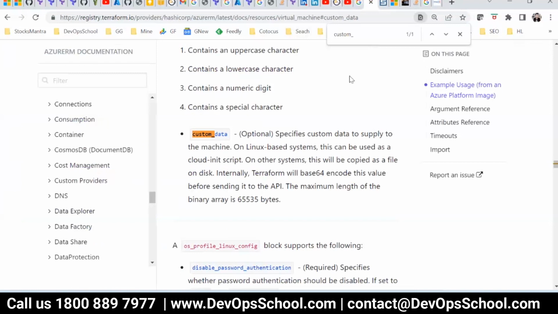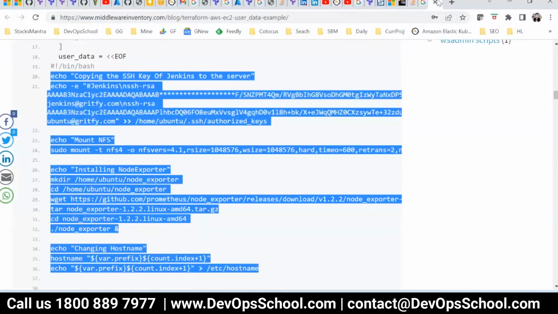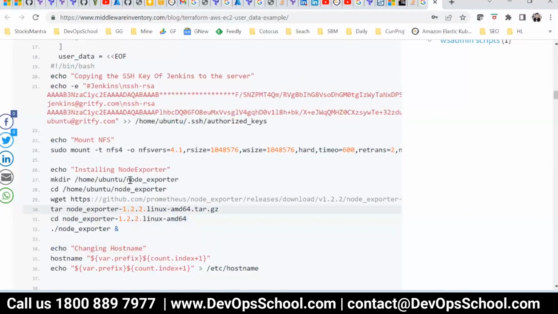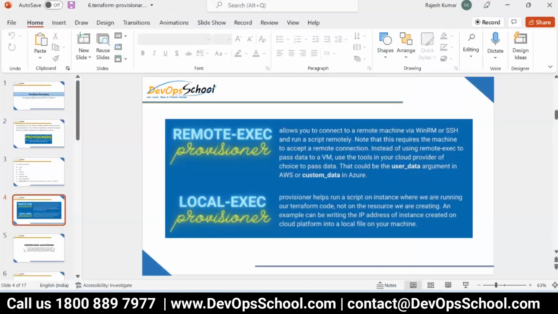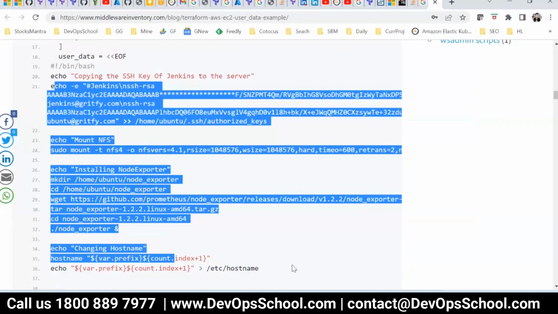Yes. So it's a part of the cloud feature. I was saying the alternative to the provisioner is this one. If you don't like the provisioner, use the cloud feature itself. Add the user data, custom data, and so on. So you mean the provisioner is written as code, like user data, and some of the actions are written in the... No, no. We are confused. We are getting lost actually.